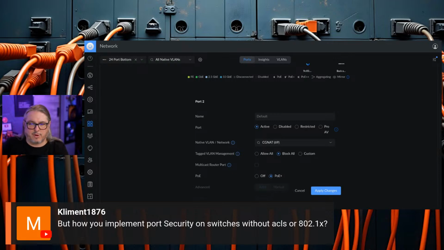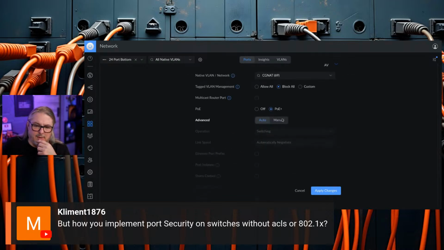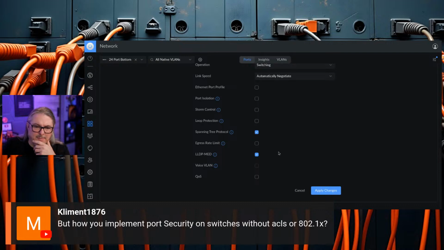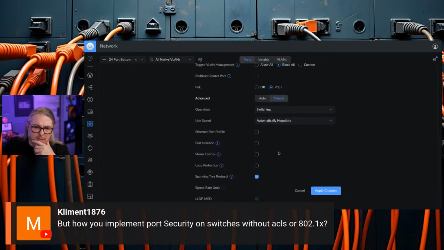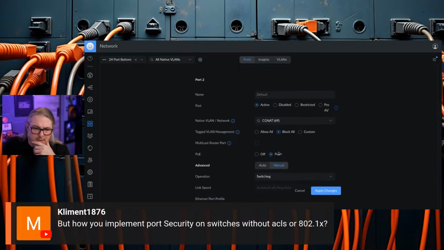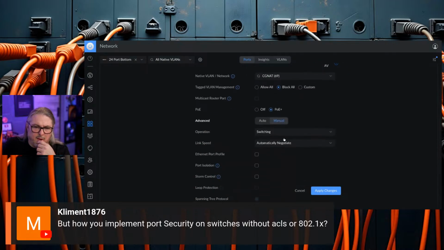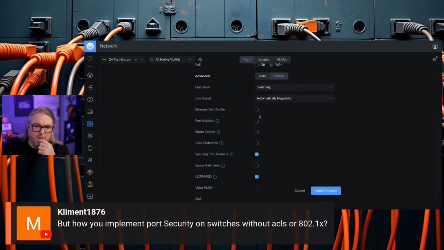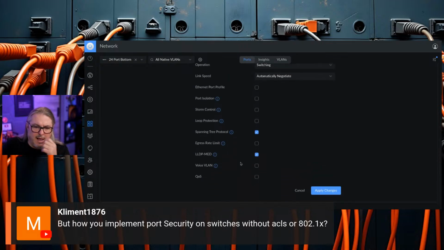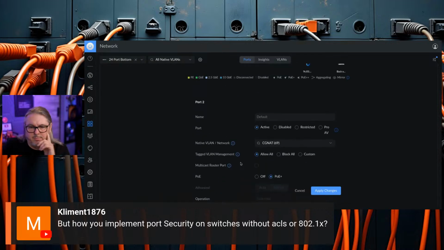That's the problem. I'm trying to figure out what problem you're trying to solve. If you're worried about people plugging things in, then you can lock it out. I believe there is under manual here. Is this an option? Yeah, maybe you can't. I thought there's a way to lock it to a certain MAC address, but